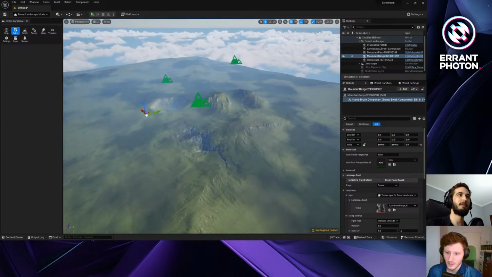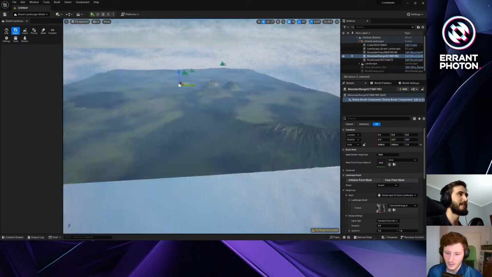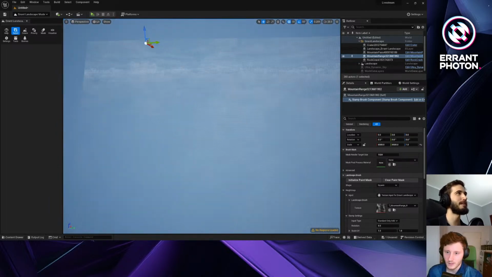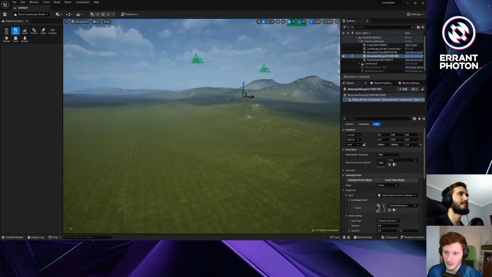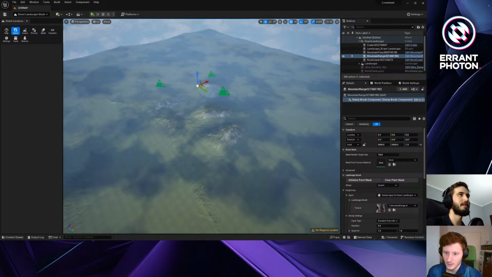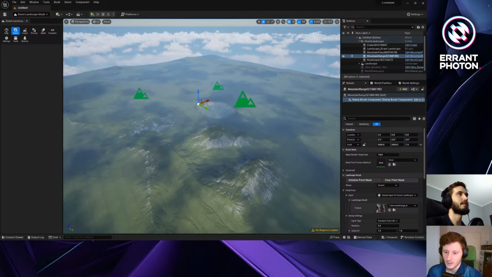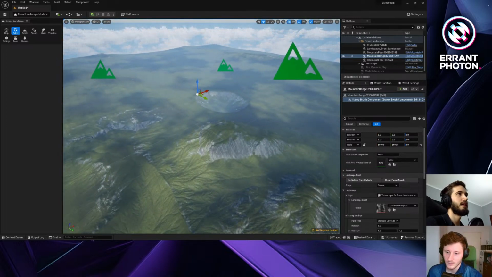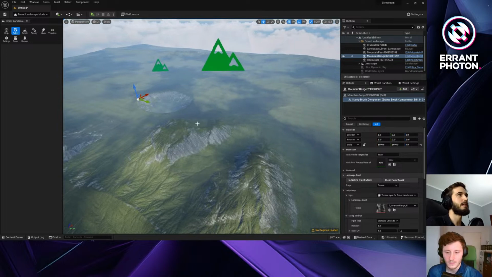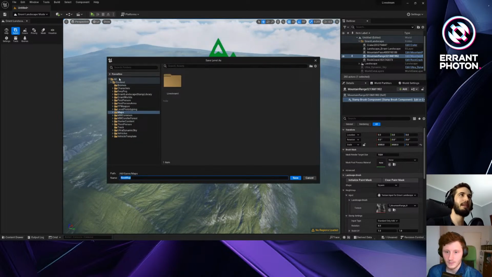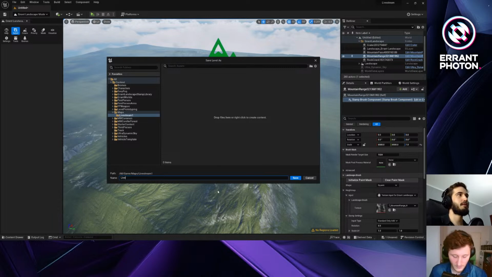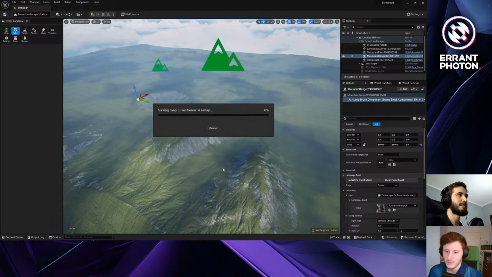I'll be not covering small things that we can see on the screen. For example, you can see those little brush icons. Those aren't something that's hard-coded. You can set your own sprites for your brushes. You can also use meshes. And in the upcoming update, you can also add text. They are very important when you get later in the production and you have thousands of brushes on the level, because we found that